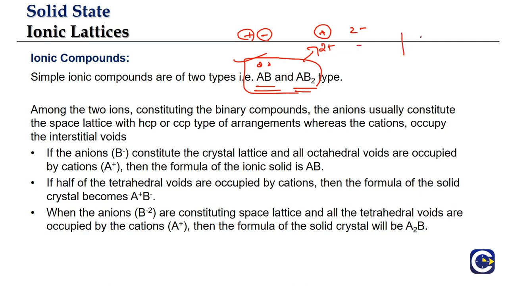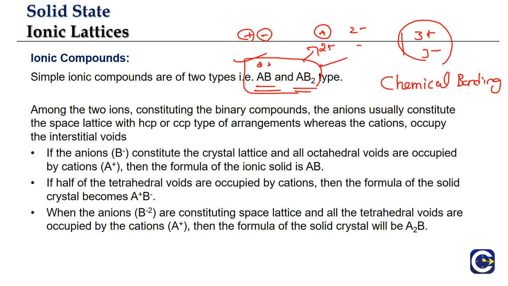Generally, if you have a valency of 3, either 3 plus or 3 minus and more, as we have studied in the chemical bonding chapter, Fajan's rules, that will prefer the nature of bond to become more polar covalent. So instead of being an ionic compound, a higher charge on either the cation or anion will move the nature of the bond more towards the covalent characteristics. So we have examples of ionic compounds where the cation or anion may be trivalent, but there are very few of them. So we limit our focus to the types of ionic compounds which are either AB type or AB2 type.